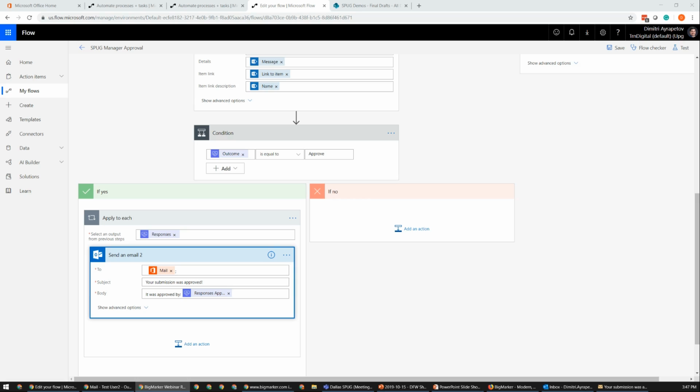The answer is yes, you can, but that account will need to be licensed for the services that you're using. So one, they would need to have a free Flow license that you can assign to them. But if they're going to be interacting with SharePoint content or sending out emails, they would need a license that gives them at least SharePoint Online Plan 1 and Exchange Online Plan 1 for those activities.